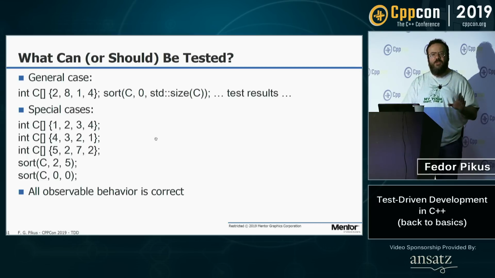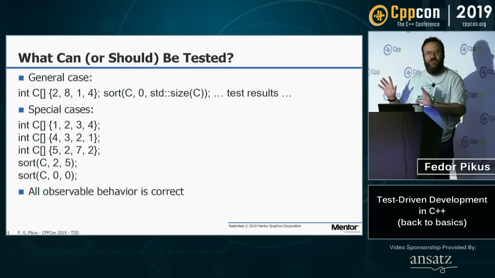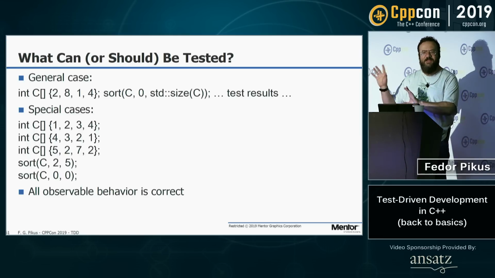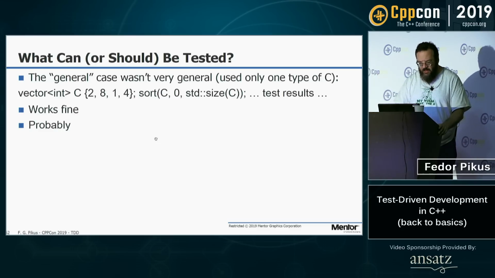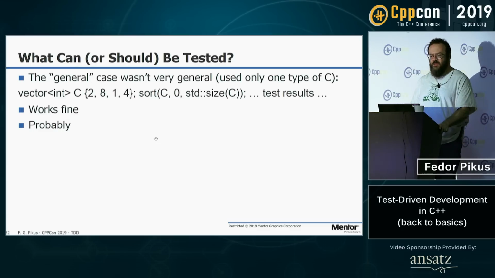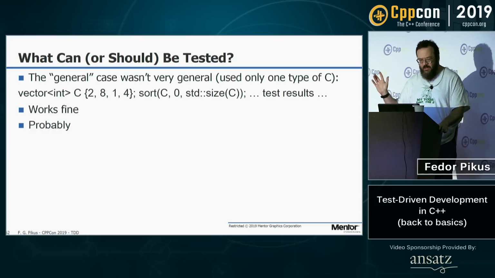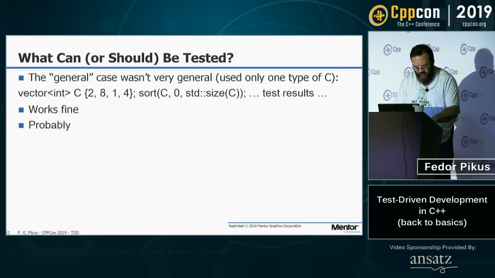Now, in all of this, we're actually still testing one special case. And that special case is not in the data. It's in the container. The special case is, our container is an array. Data is generic. Input is not. Well, okay. We can do the other container. Let's do the vector. Same vector, so vector with the same data, we can test the results.